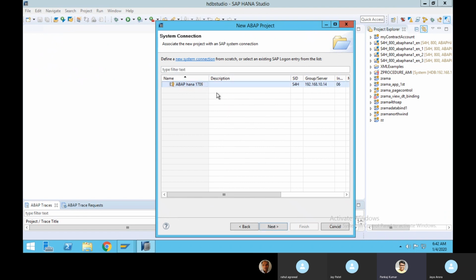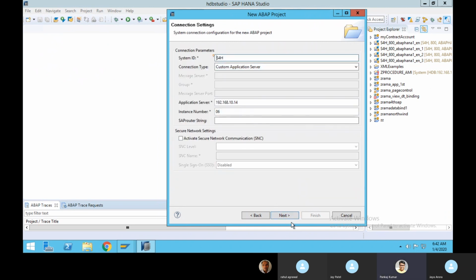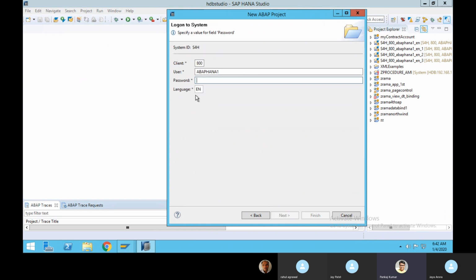An ABAP project means we are connecting to the system through which you want to do the development. While creating the ABAP project, we select the backend system that SAP HANA Studio is going to communicate with, and all the repository objects will be created in this backend system. So I'm selecting this system and clicking on the next button.